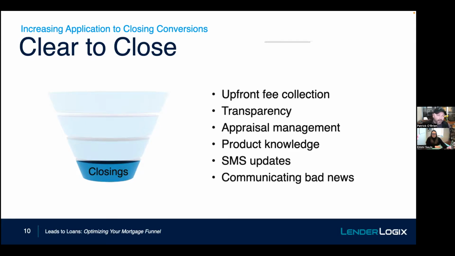Other things, appraisal management. Some lenders manage appraisals based on spreadsheets, because we all know appraisals have a huge impact. Under appraisals are going to be one of the primary reasons why a deal might not make it through. But there are certainly things we can do as institutions to take a look at that process and figure out how are we keeping people informed? How are we moving that process along? How are we communicating bad news in the event that a house under appraises? What are the technical solutions we have in place?